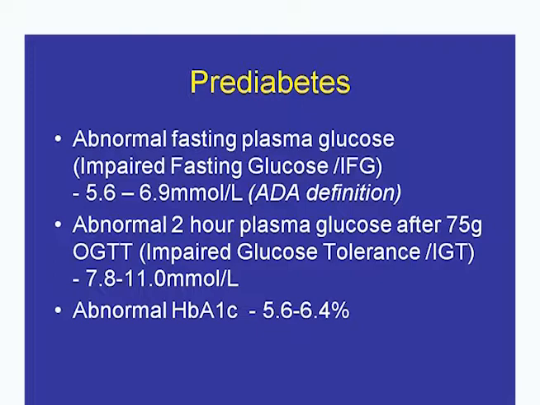So prediabetes now would include any of the following 3. Either an abnormal fasting glucose, so a normal glucose is a value of 5.5 or less. Diabetes is a value of 7 or more. If you are 5.6 to 6.9, you are abnormal, impaired fasting glucose. You do your glucose tolerance test, a value of 11.1 or higher is diabetes. A value of less than 7.8 is normal. If you are between 7.8 and 11, based on your glucose test, you have impaired glucose tolerance and you meet